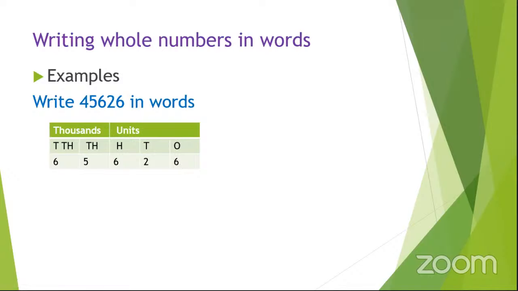we count 3 digits. So you count 1, 2, 3, and the 3 digits will end at hundreds. So after identifying that the 3 digits end at hundreds, that one becomes the first group that is called the units. That one becomes a group that is called the units. So you go and check, do I still have other digits? So you will come here.